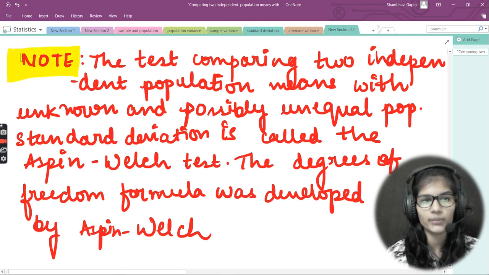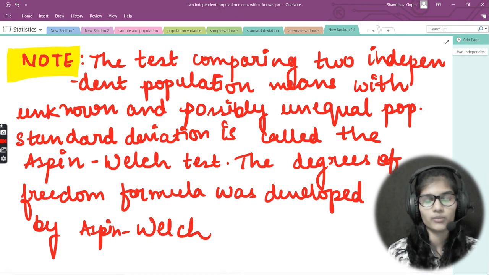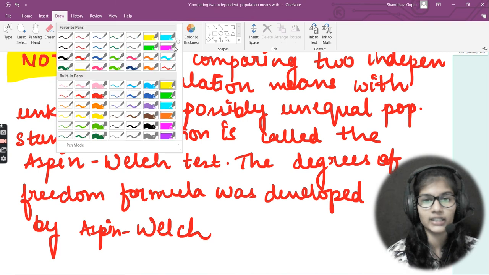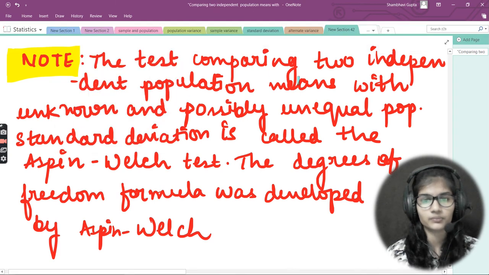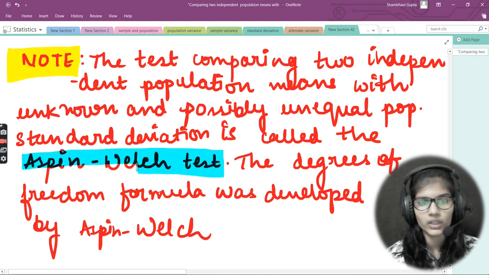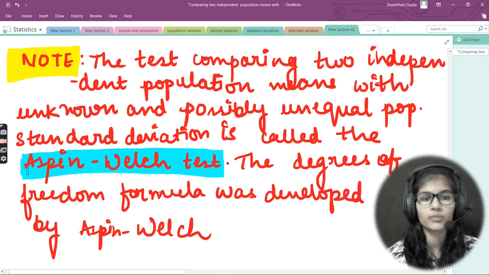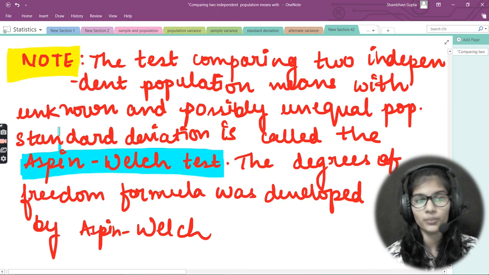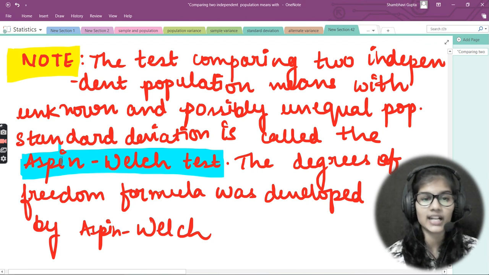So the test comparing two independent population means with unknown and possibly unequal population standard deviation is called the Aspin-Welch test. Make sure to remember this term very carefully. I will repeat it once again. The test comparing two independent population means with unknown and possibly unequal population standard deviation is called the Aspin-Welch test,